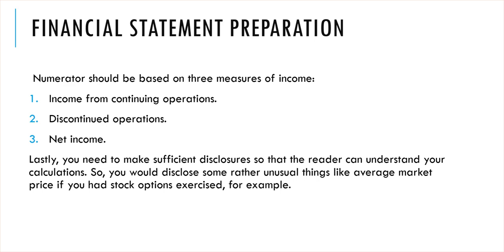That means that the income from continuing operations minus preferred dividends might have changed for some adjustment factors, as might discontinued operations minus preferred dividends, as might net income minus preferred dividends. These may have been adjusted. The numerator might have been adjusted. The denominator, I think in most instances, would have been adjusted. So there's a potential here for having to report 6 earnings per share numbers on the face of the financial statements. Okay,